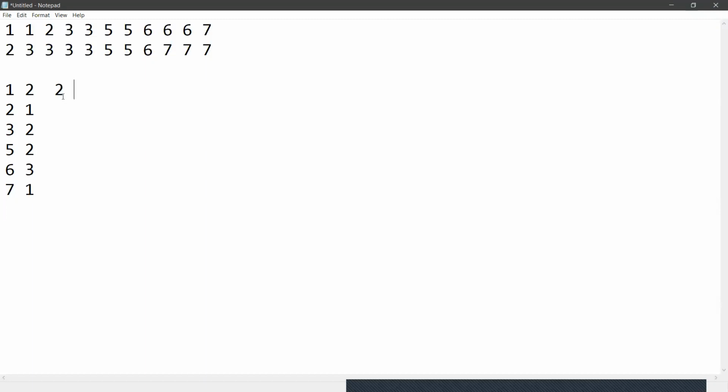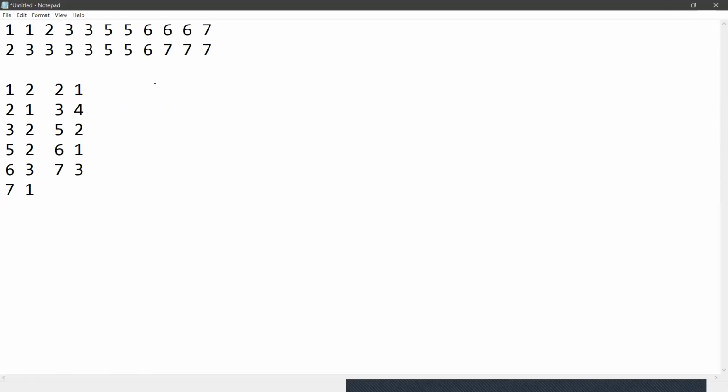Make another map: 2 with respect to 1, 3 with respect to 4, 5 with respect to 2, 6 with respect to 1, and 7 with respect to 3.